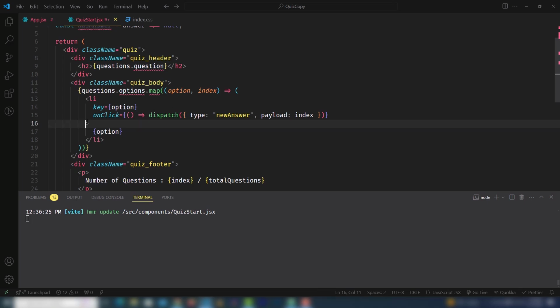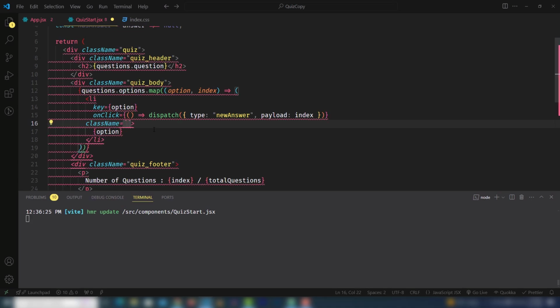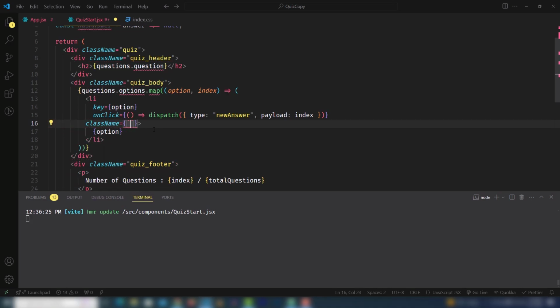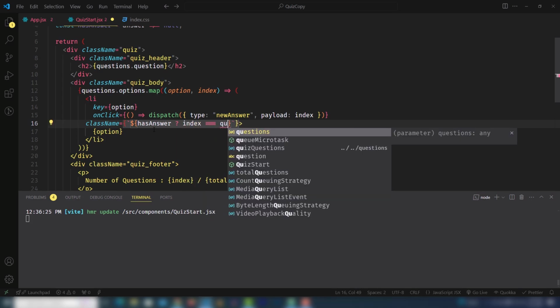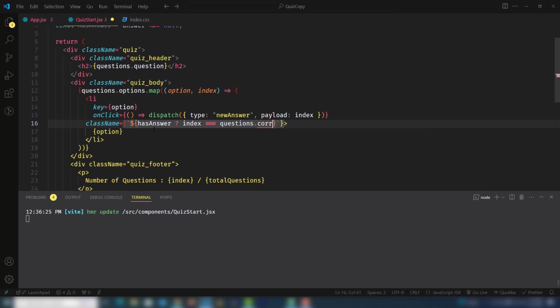So where it is here, I'm going to use className. I'm going to use a template literal, curly brackets, and dollar. I need to pass hasAnswer. Correct, then I need to pass the index triple equal to question.correctOption to display the correct class, otherwise display the wrong class, right? And also I need to use otherwise nothing,